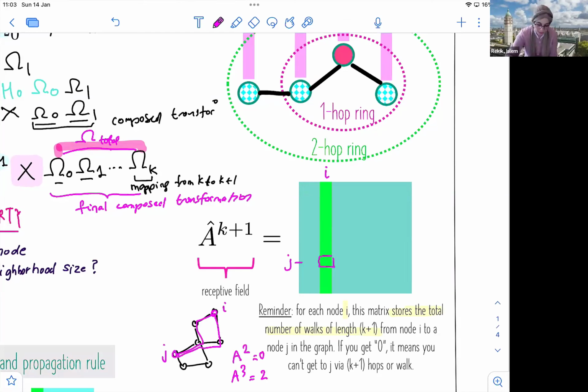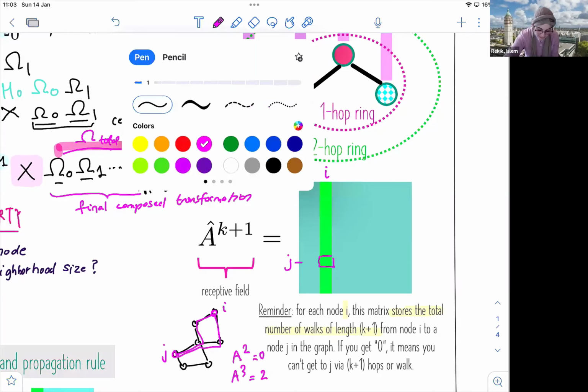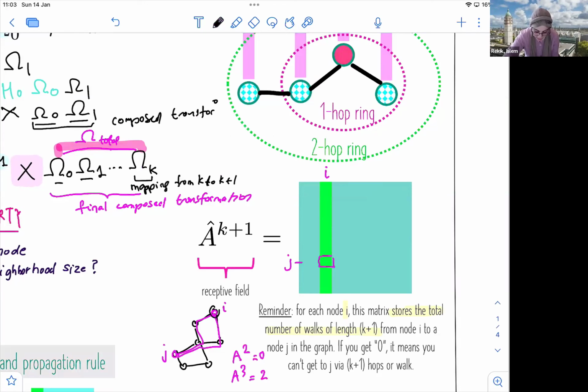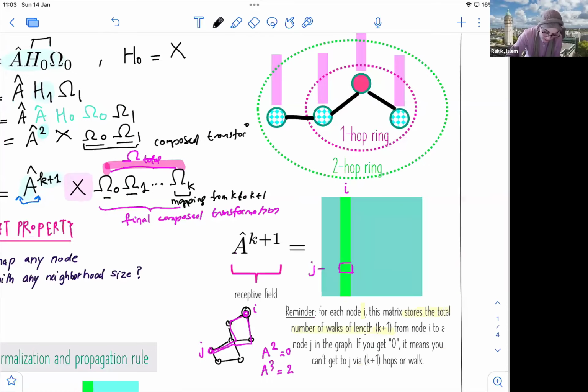It tells us that if I start from I, I can reach J within a number of hops. So this power matrix explores the neighbors that are K plus 1 hops away